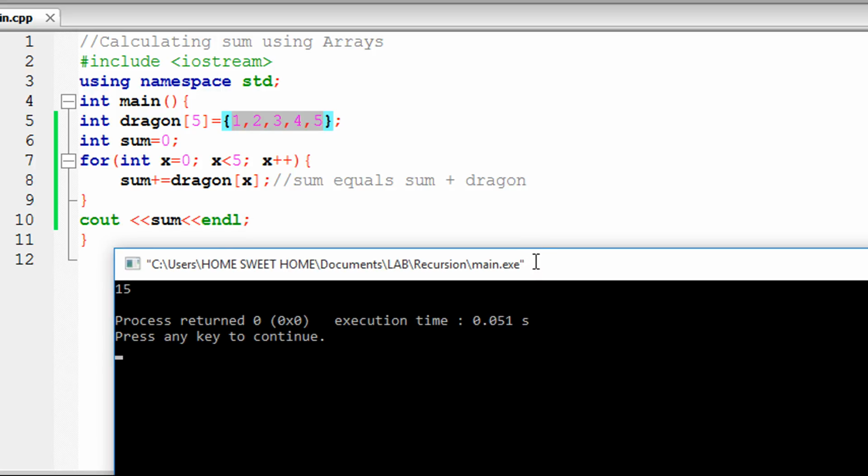So this is a quite short program. It's just printing out the sum of 5 array elements. So basically what the for loop is doing is this x is necessary just to keep the sum plus equals dragon statement running 5 times over and over again. That is why we have our for loop. So in the first iteration, what it's gonna do is